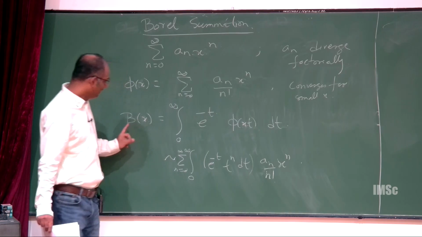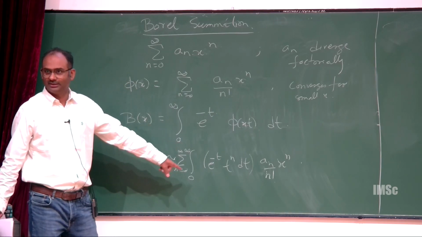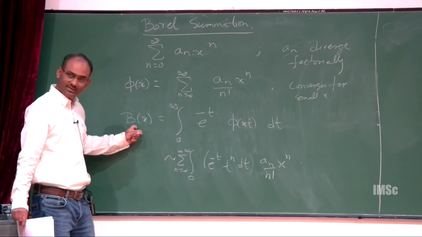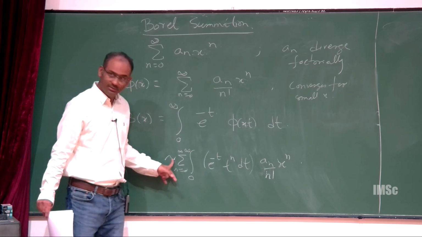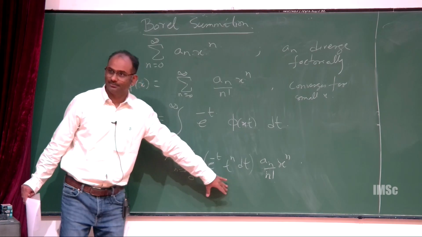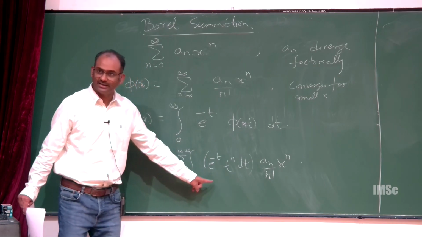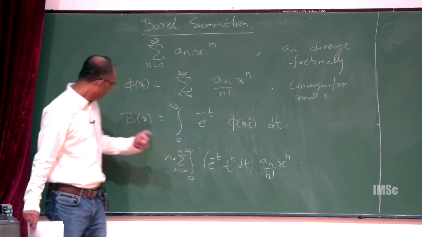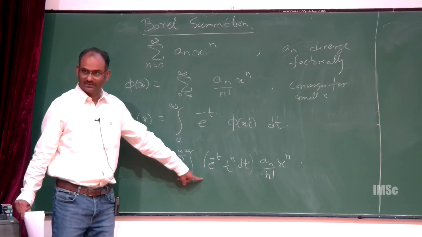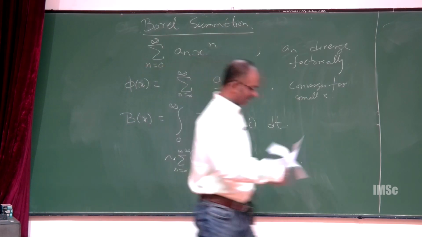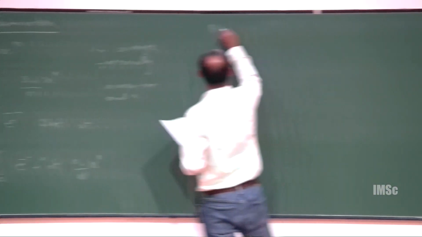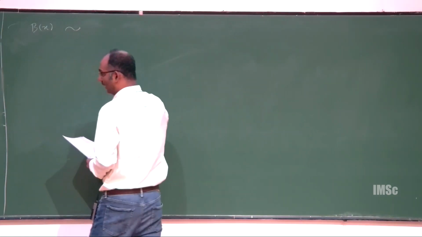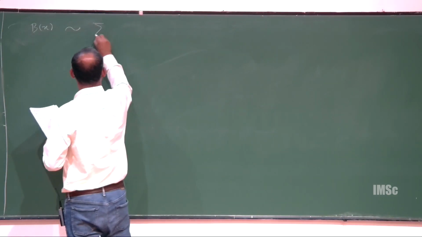Okay. So the claim here is you have to use a lemma to argue that this integral, this function B(x), is asymptotic to this expression. Because what I am giving you is a series now, and I should argue that this function is asymptotic to that series. Okay. So now B(x) is asymptotic to, I will do integration term by term,